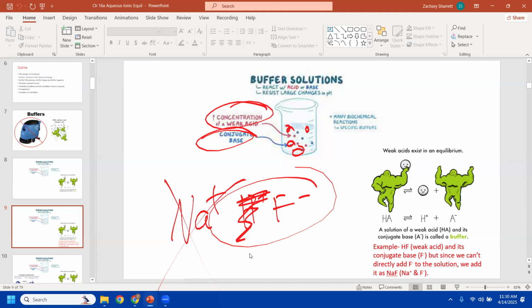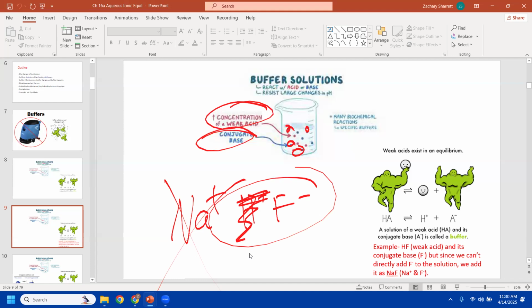So we're going to add the conjugate base with some pH neutral cation. We could get fancy and use potassium or calcium, but really, we just use sodium because sodium is the cheapest cation that there is, okay? That's why, like I said, with all of those anions where we had nitrate for the different cations, if you want to vary your cation or your anion, you would always use sodium,